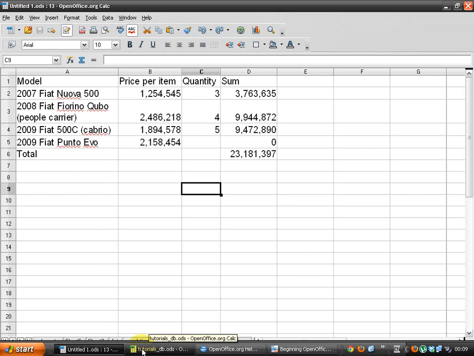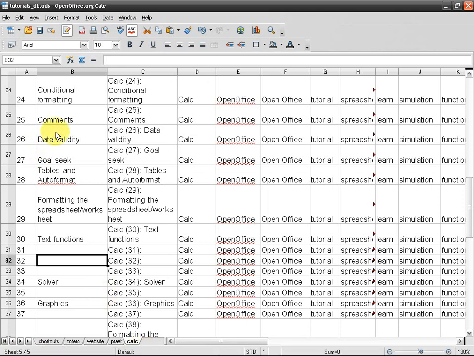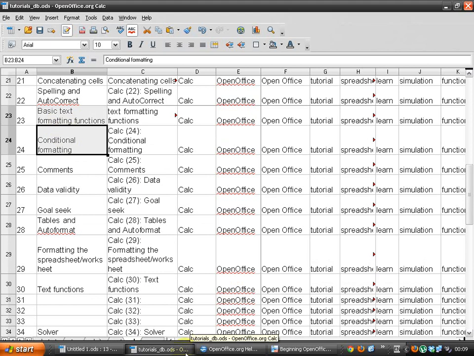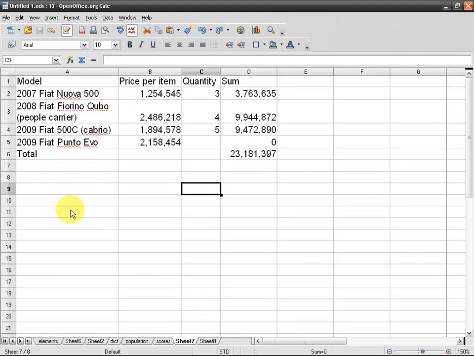In previous tutorials we've talked about manual and automatic formatting. It was tutorial number 23 and 24. Now we'll see another type of automatic formatting. So first of all, we're going to take this table and copy it,